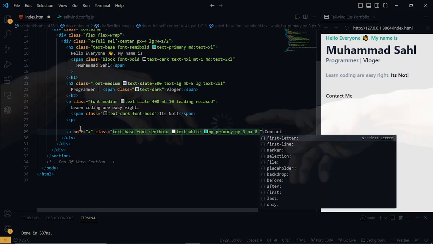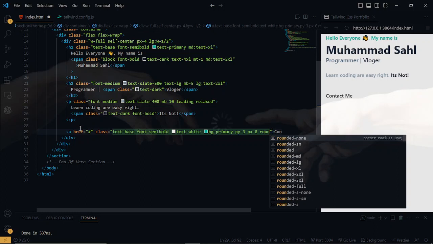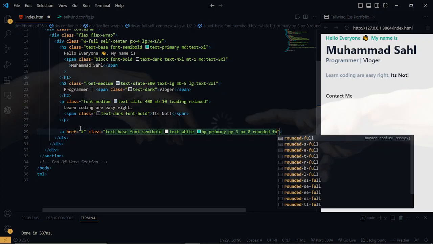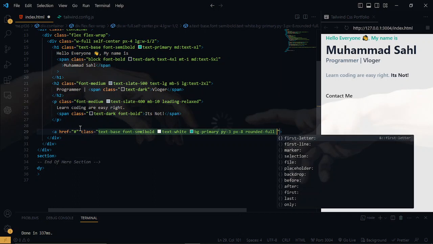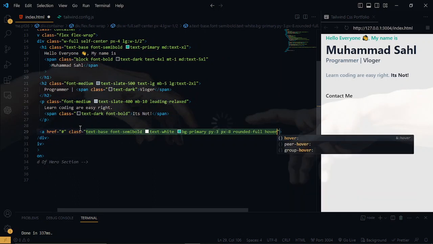Oops. And I want to have it's fully rounded like this, and then I want to have a hover like this,